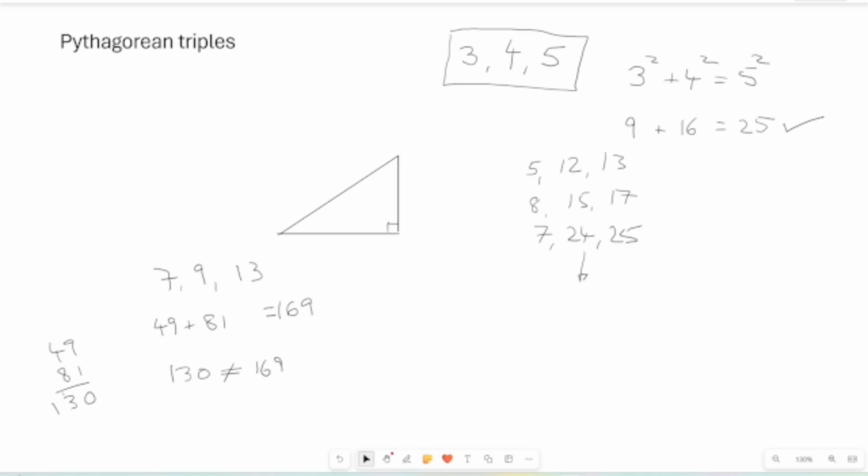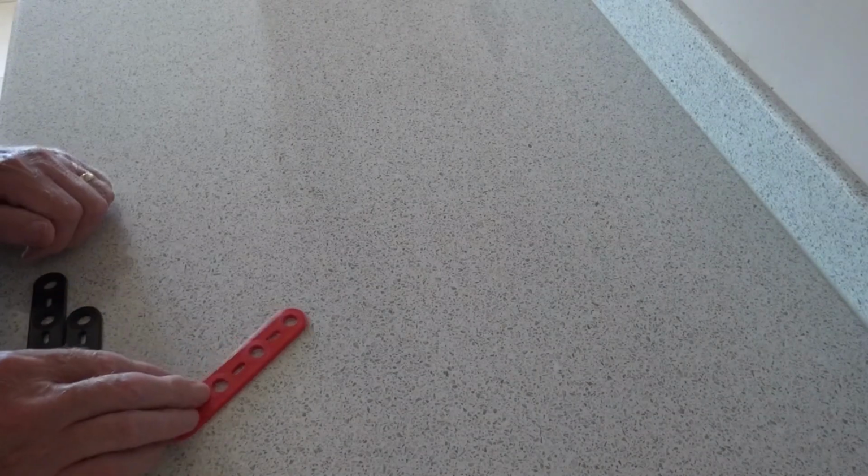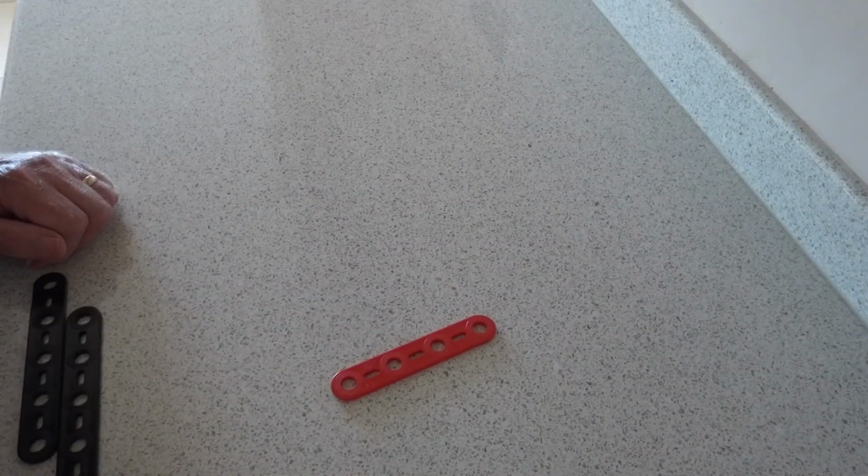If it was, the two sides would be equal. And this is a trick sometimes employed to find a right-angled triangle, or if you need a right angle. Pythagoras' theorem can be used to create a perfect right angle using any of the Pythagorean triples, but in this demonstration I'm going to use a 3, 4, 5 triangle,